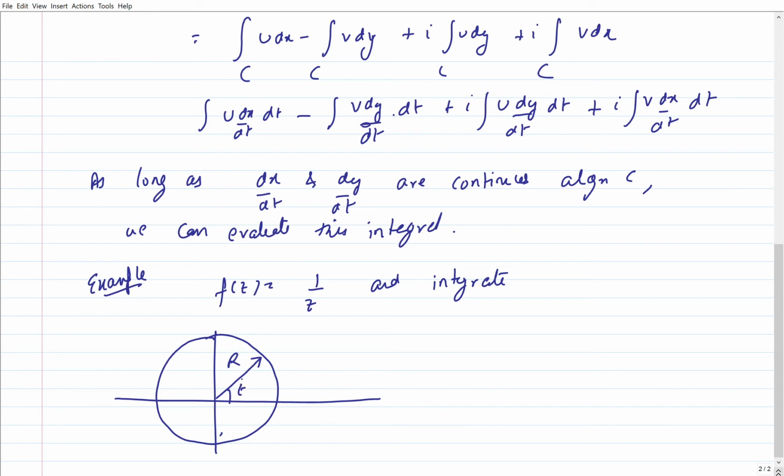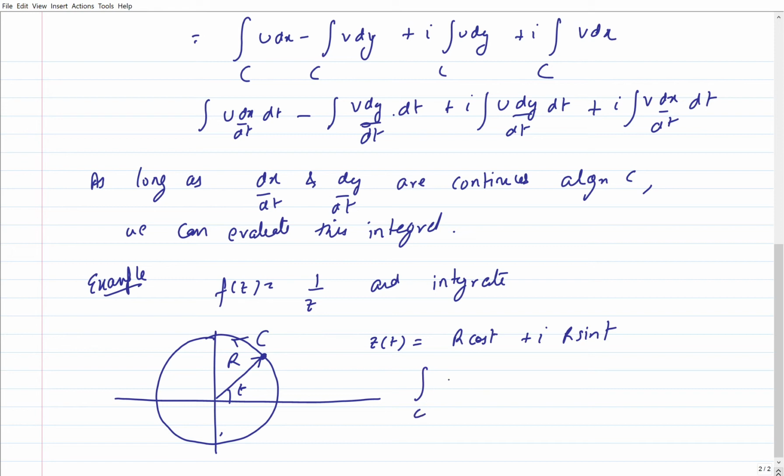Let's say t is the parameter, which is the angle, and let's say the contour is the whole entire circle closing it. That's your contour. So I can write the path which z(t) takes, or parameterizing any point z(t), is nothing but r cosine t plus iota r sine t,